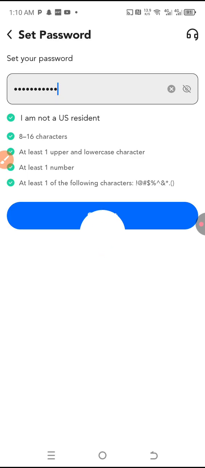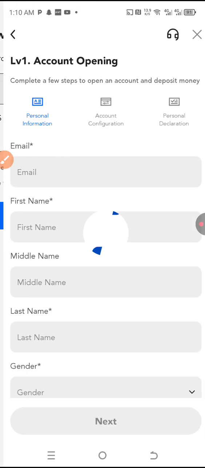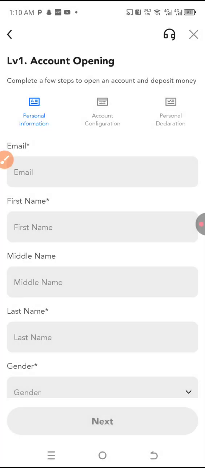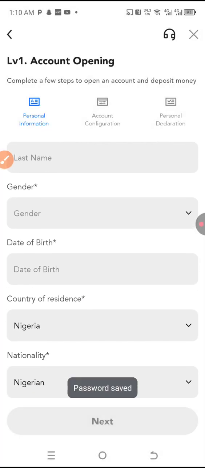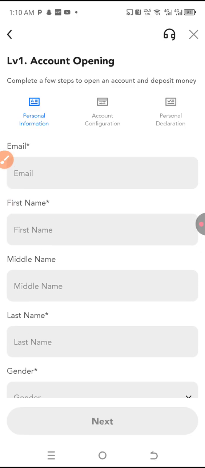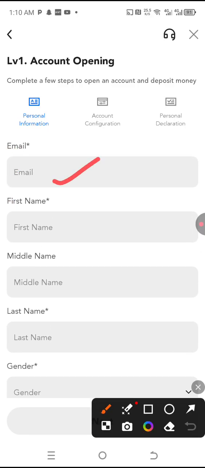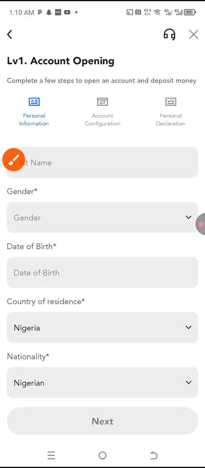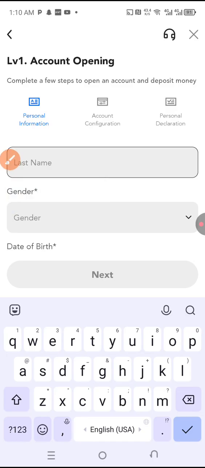Okay, I'll click submit right now. And here it comes. I'm saving this. I have to put the email, date of birth, and every other thing. So I think this is simple enough. You put in your email, your first name, your middle name, your last name, your gender. Okay. And you put in your date of birth,